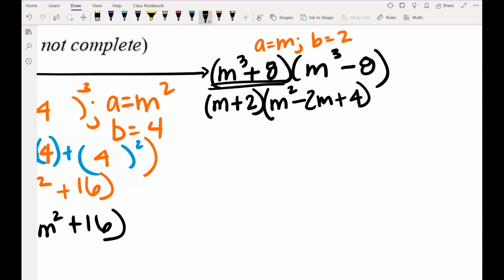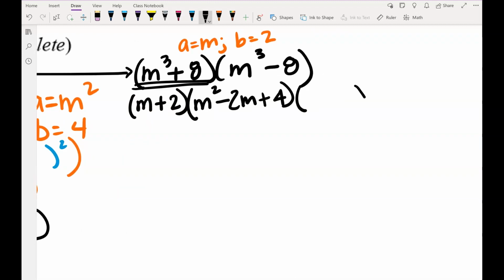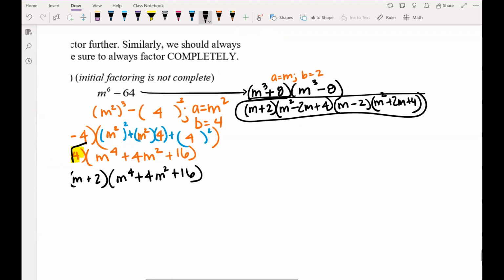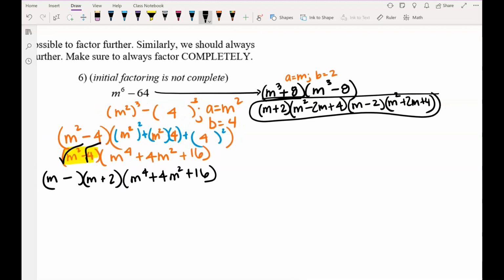What do we do with the other? M minus 2 times M squared plus 2M plus 4. These are as far as we can go. But guys, check it out for me. I'm going to pin this in. Can you guys see that I have two different answers? Yes or no? They look